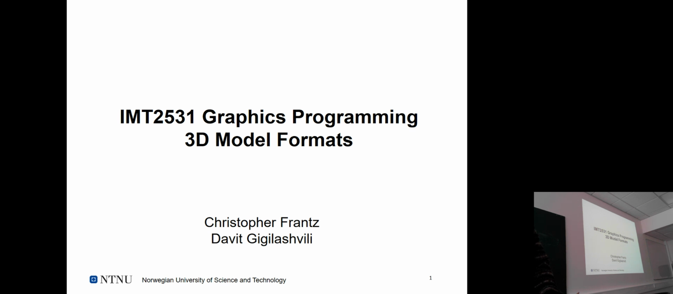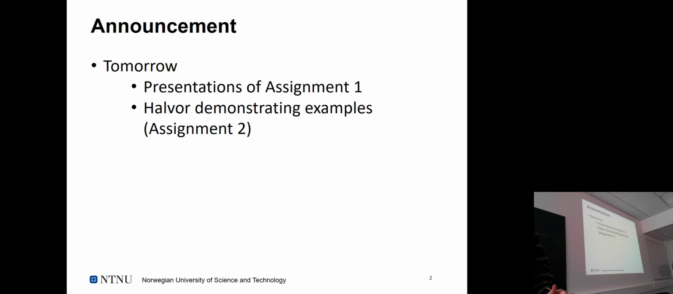Today we're gonna talk about 3D model formats, and we will get to know what it is exactly. So just a little announcement. Tomorrow we're gonna have the rest of the assignment 1 presentations, because 2 of you have not presented yet, so hopefully those people will present tomorrow so that we could assess the work and also collect the data for